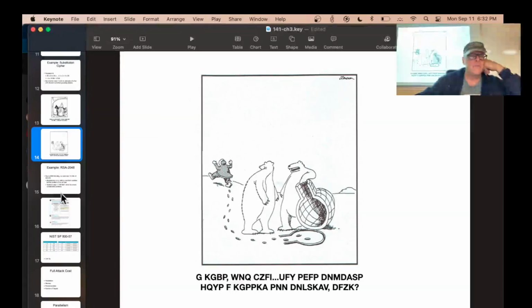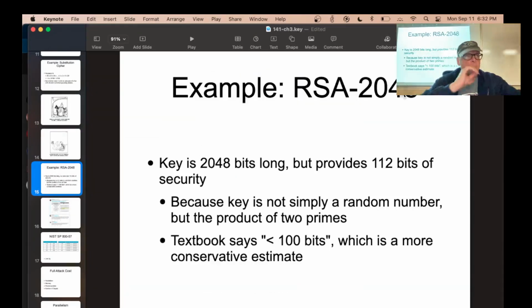Yep, good. All right, so anyway, so RSA 2048. I was amazed when I learned this stuff. The key is 2,000 bits long. Now, why is that? Why do you need it so long? Well, the reason is, I finally realized, because RSA keys are not random. They are the product of two prime numbers. So it's not just 2048 random bits. And so that limits it. The density of primes I was talking to Kai about last week is not that high. So 2048 bits long only gives you 112 bits of security. That's how much it is. So that's the thing to know.